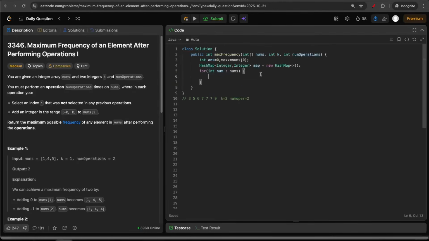So when we iterate the array, we'll first calculate the max value, dot max, and also increase the frequency. So map dot put, dot get